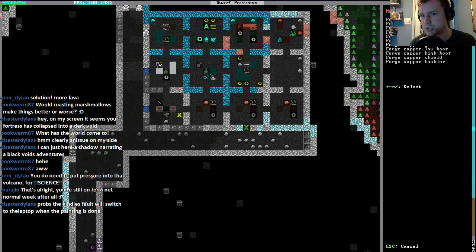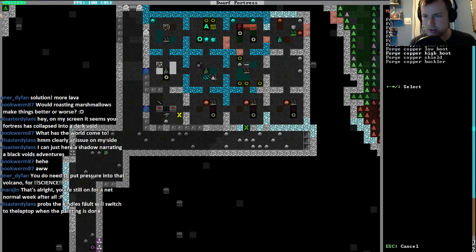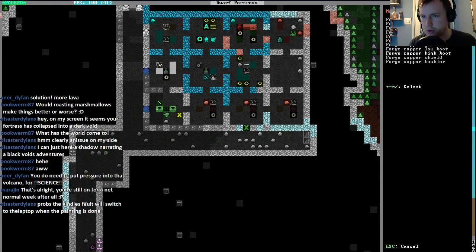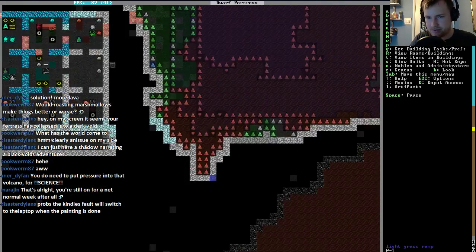Because it's what we're going to have mostly. Helms and... I need 2 high boots, really. I suppose I can cancel one of those, 2 high boots. We'll do with 1 silver warhammer for now. There we go. So make some armored things. And